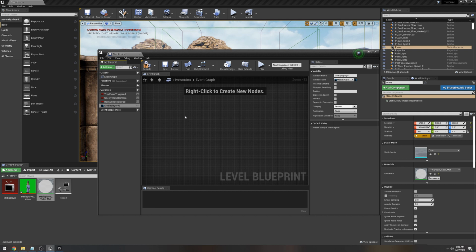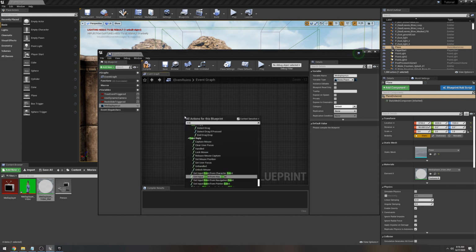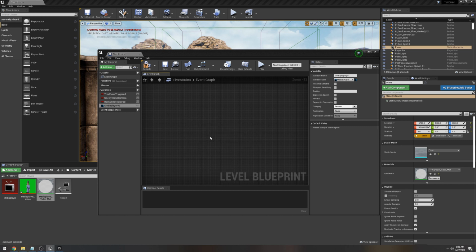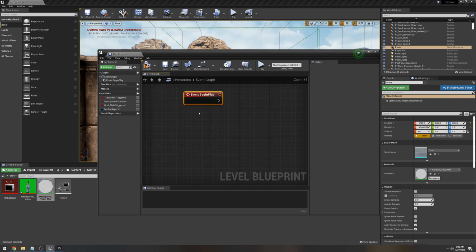Next thing we're going to do is right click. Boom. We're going to create an event begin play. So this is pretty much how everything gets started. Boom. Scroll in. So now we have this one node. And then what we're going to do is